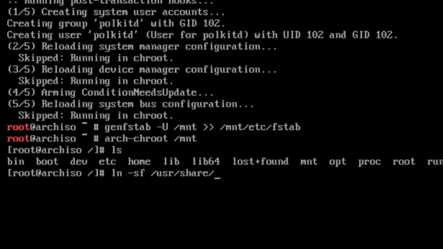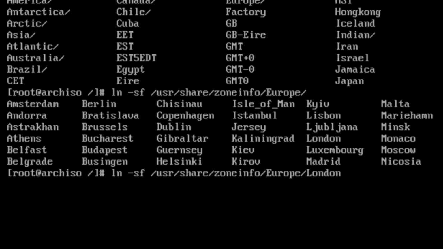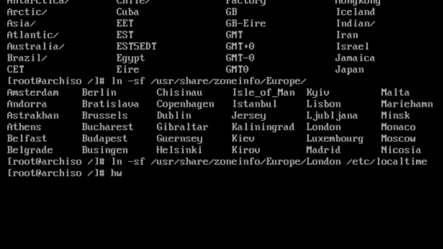So I think it's zoneinfo and then the actual region and city. And then you want to do space /etc/localtime. And then we're gonna run hwclock -